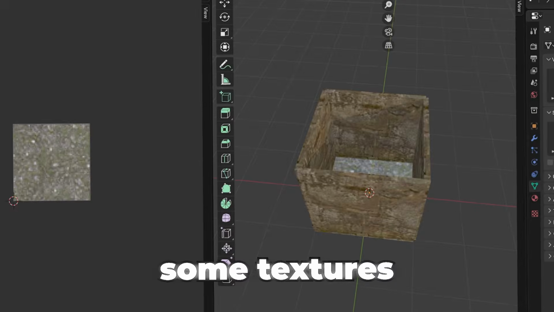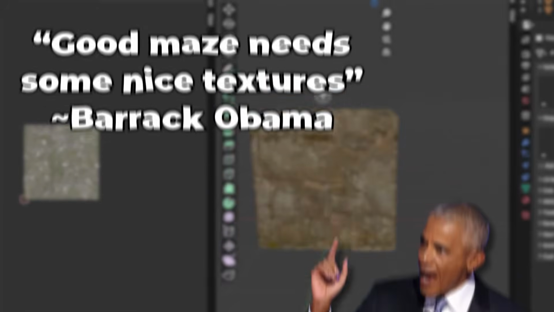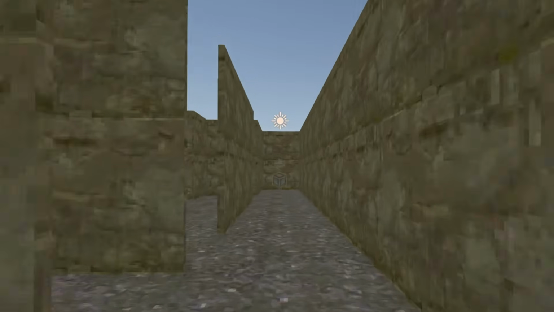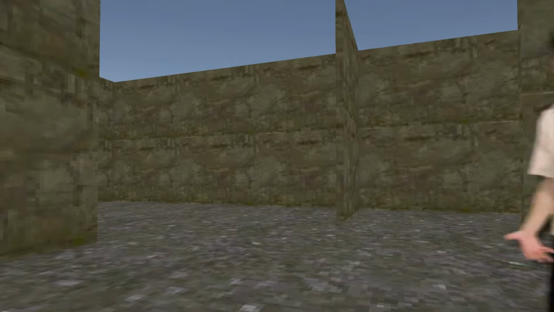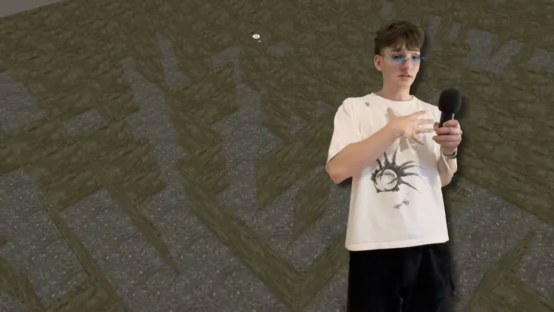Now, I just need some textures for that maze, because just like President Barack Obama himself once said, a good maze needs some nice textures. So, this is how it looks with textures. I also decided to pick random walls and delete them to make the maze more open. And listen, I know I'm not supposed to give my personal opinion here on this channel, but I just think that this maze is pretty